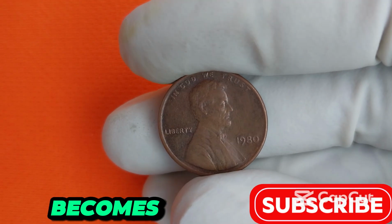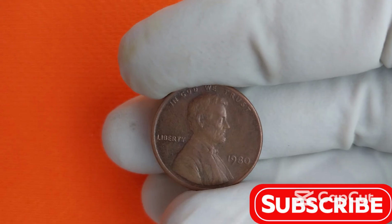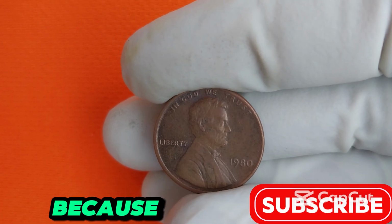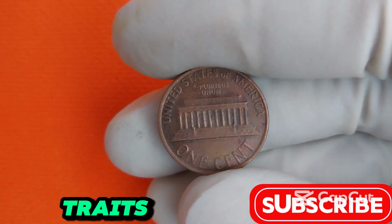So the question becomes, do you have it? Check your pocket change. Go through your piggy banks. Search your old coin rolls. Because if you find a 1980 Liberty 1-cent coin with any of the following traits, you might just be sitting